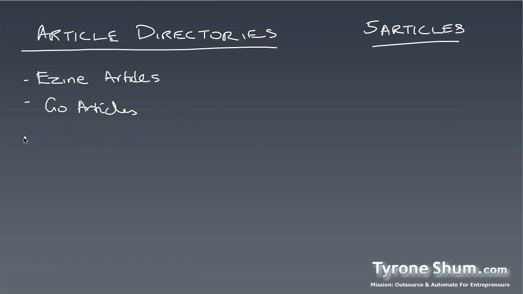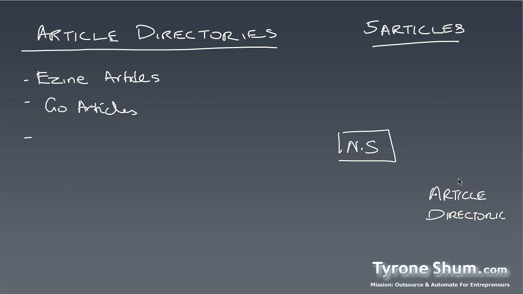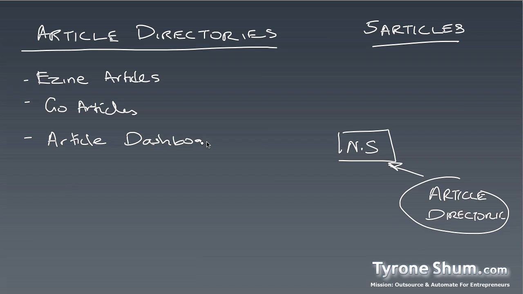Just to recap, to make sure that everybody understands, the whole concept, as I said, is the niche site is here, and we've got, say, for example, part 1 over here, which is article directories. As I mentioned before, it's like a little hub that goes out here. I'm showing you right now, firstly, how to create the accounts that go in these article directories, and then I'll shortly show you how to link them back to your niche site. So, as I mentioned, Go Articles, Article Dashboard, and there's quite a few actually.